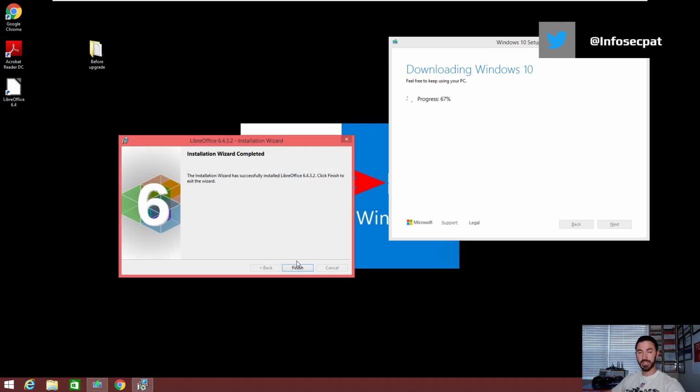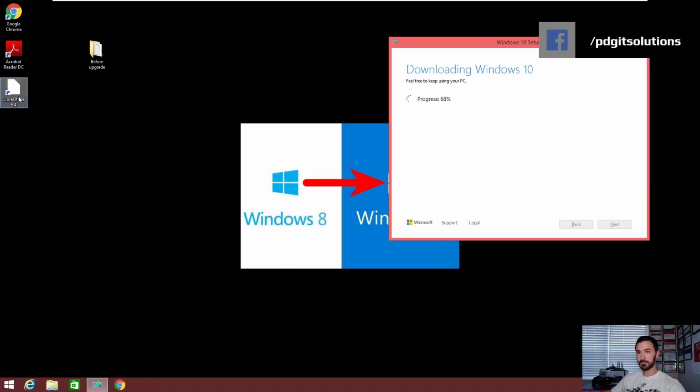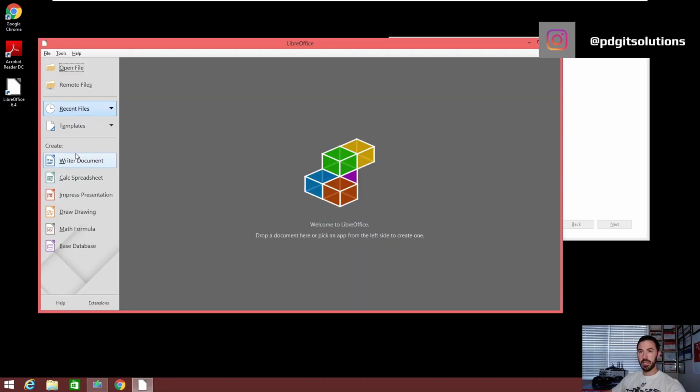So you'll get an error saying this operating system is not supported by upgrade or whatever it says. All right, so we can hit finish here. We can open up the LibreOffice. This will go ahead, and you see you can have your Writer document, your Calc, so it's equivalent to Excel, Impress presentation. This is like PowerPoint, and